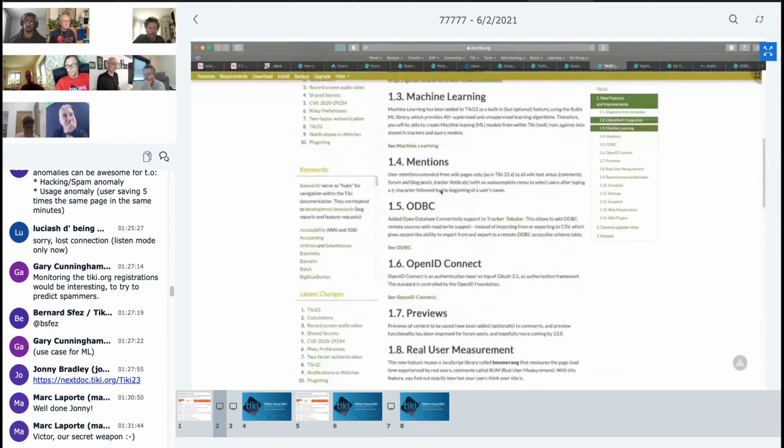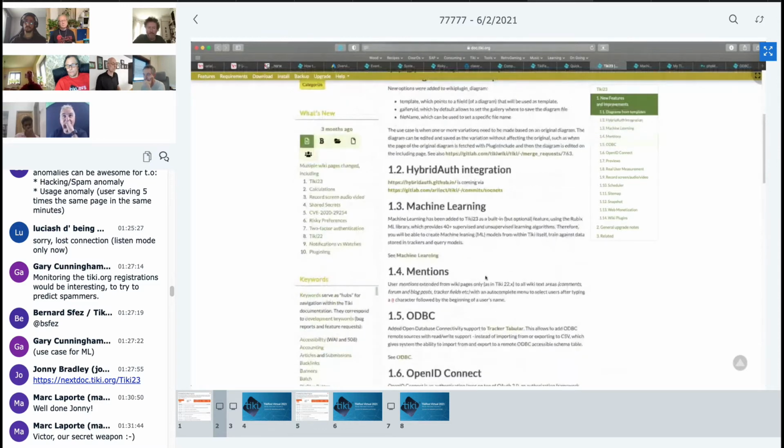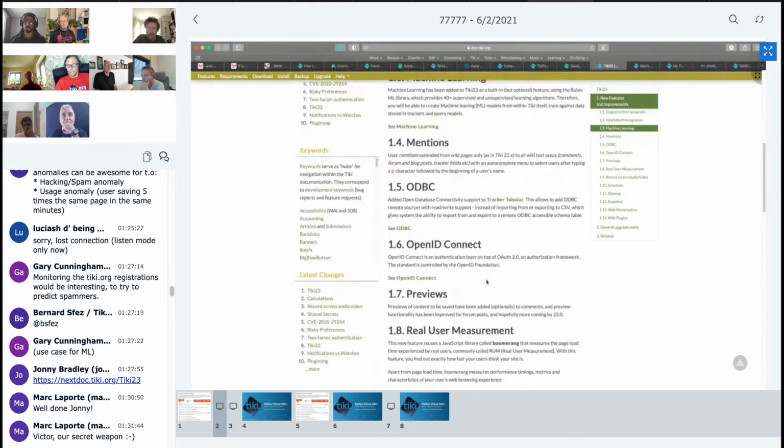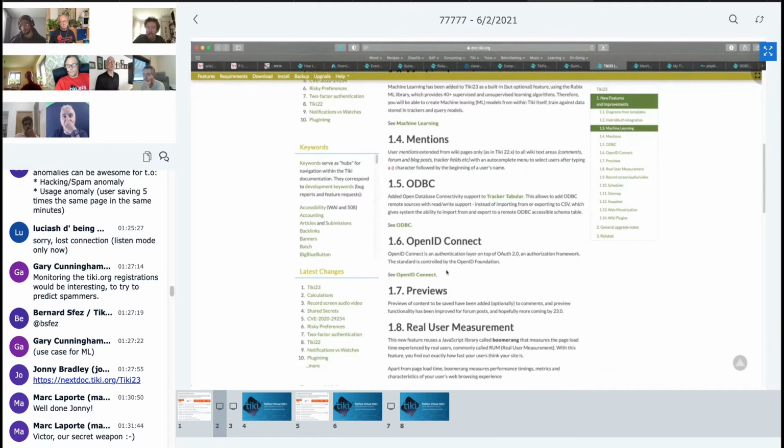Fantastic. OpenID Connect. When I look at that, I think about the hybrid authentication integration. Is that the same? Something different, or? Sorry, I think now there was still some questions on the ODBC. Oh, sorry, Bernard. Yeah, before we get to the next topic, I already wanted to mention that in the mentions which you showed,